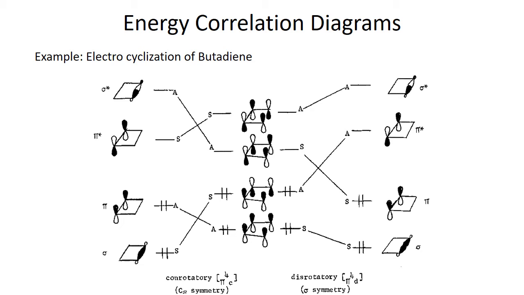Then comes the energy of pi star, and in pi star there shall be one node between the p orbitals that have to overlap side by side. And in case of sigma star, you know that the overlapping orbitals from head to head have this sign invariance. So this way sigma, pi, pi star and sigma star can be shown here.